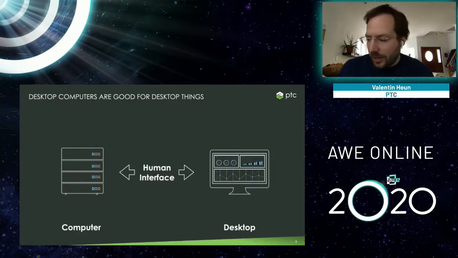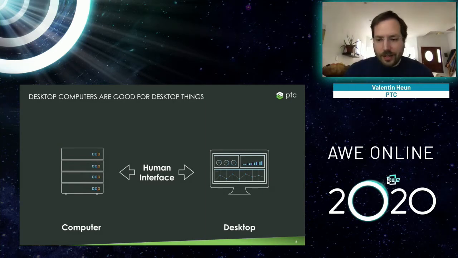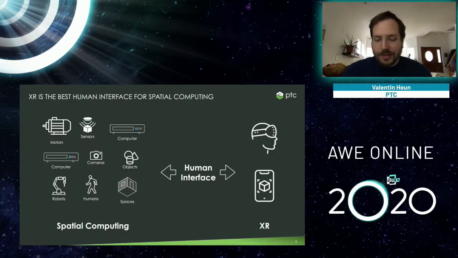I think a big point that is very confusing and all around is that spatial computing is not equal to augmented reality or XR in general. The same way that a desktop interface is the best human interface for doing computing, connecting to a computer, XR is the best human interface to connect to spatial computing.